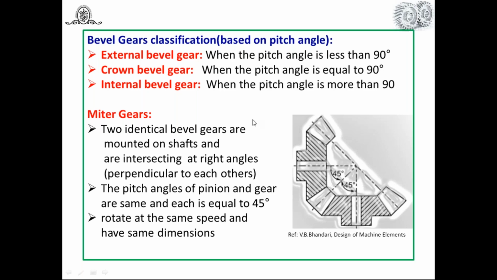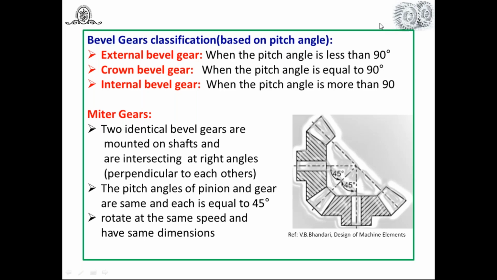What will happen if the speed reduction in bevel gear is more than 3? Actually, the question is a very good question. In some cases, for light duty application, you can take up to 5 also. In some of the data books, it is mentioned. But why is there no need to go higher?